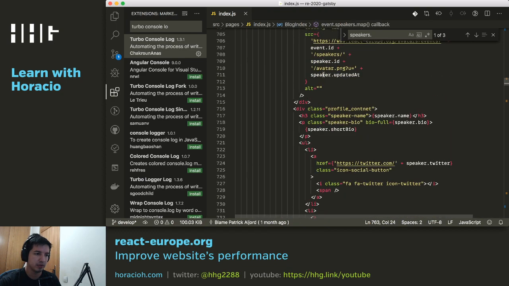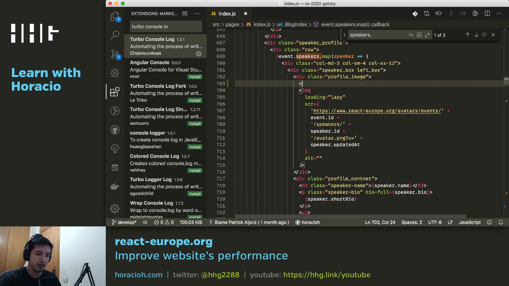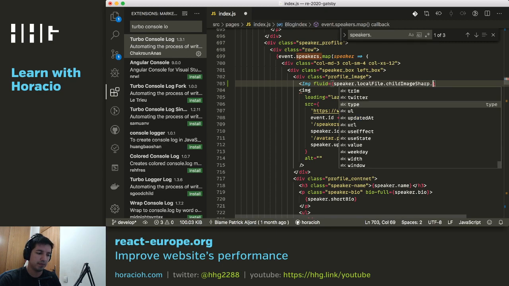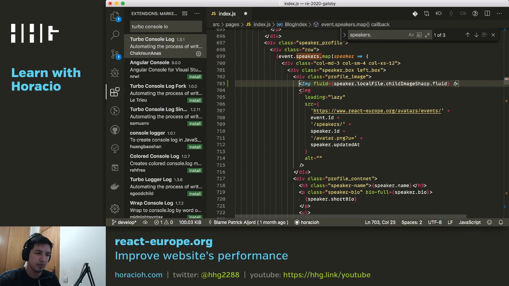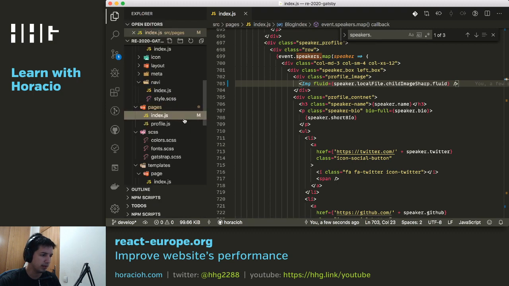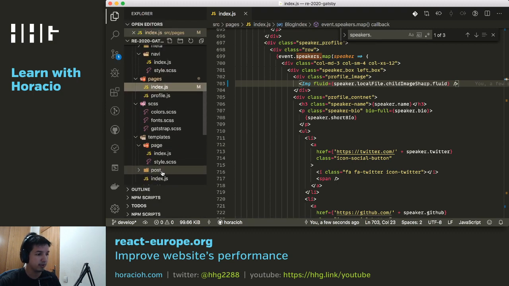Okay. So now instead of doing this image, I can do image fluid and pass speaker local file child image sharp and then fluid. And does this have a class? No. I can add an alternative later. So profile image should be a class. And I don't know, where is it? Let's see. Okay, so if I go to the web,